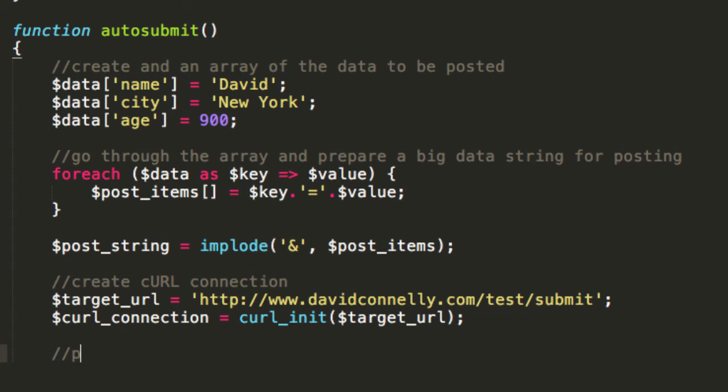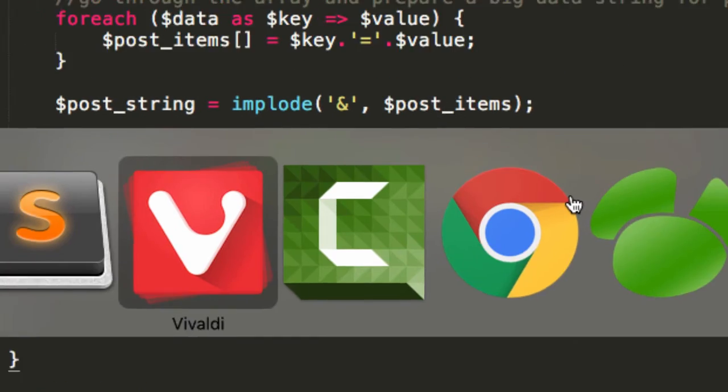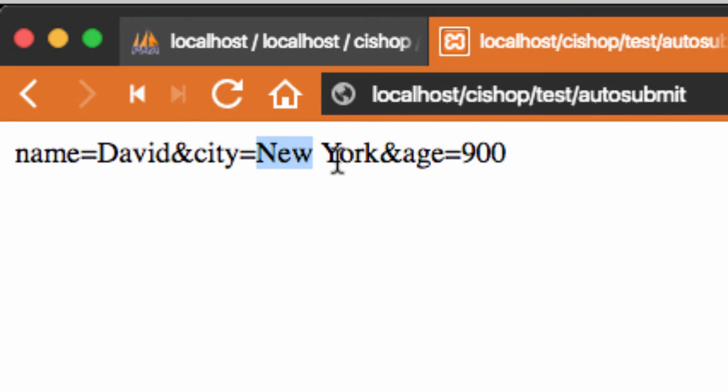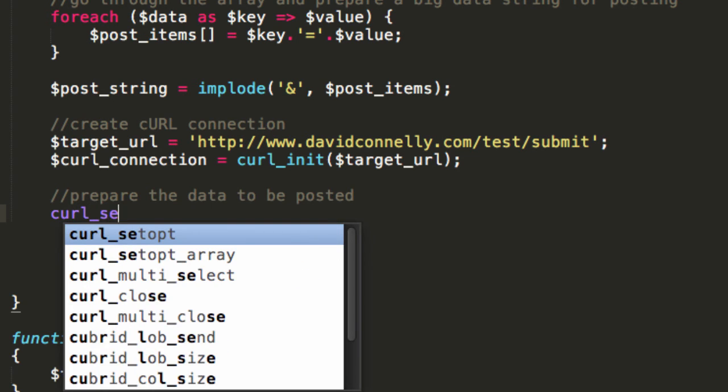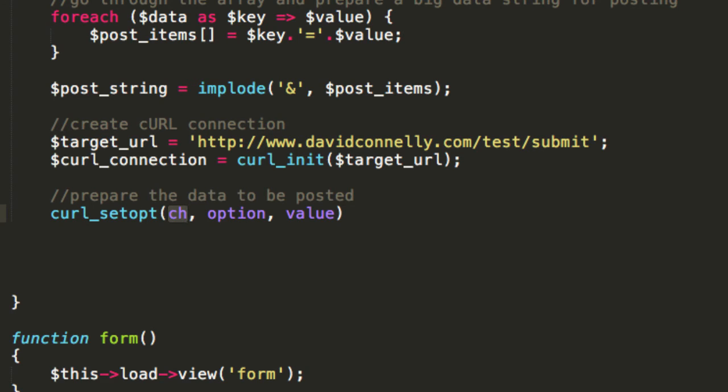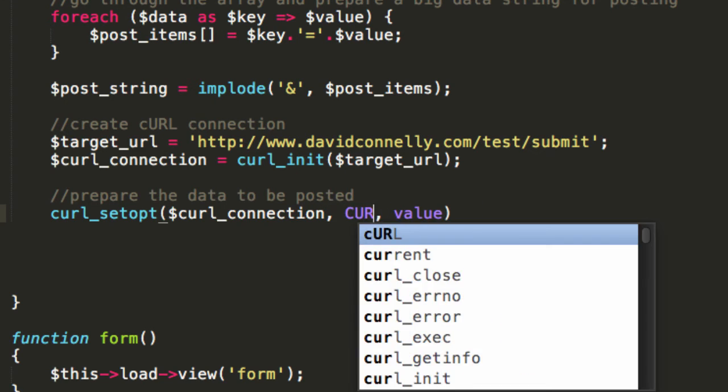And now I'm going to just prepare the data to be posted. So the vibe is, do you see how we've got city is New York and there's a space here? That's maybe not a cool vibe. So just to make sure that all of the characters and all that are okay, I'm going to say curl_setopt, set the options, and I'm going to do that to this curl connection variable, and in here I'm going to say CURLOPT_POSTFIELDS,